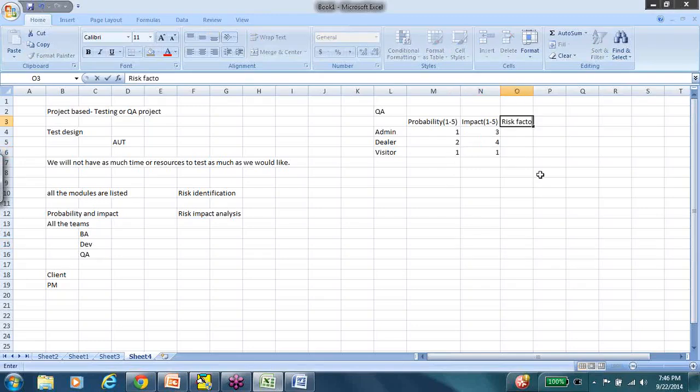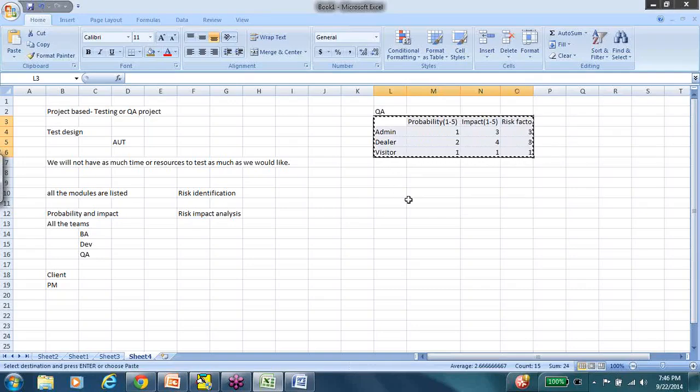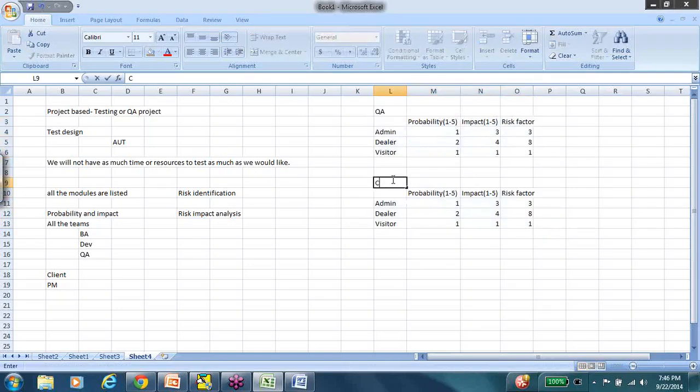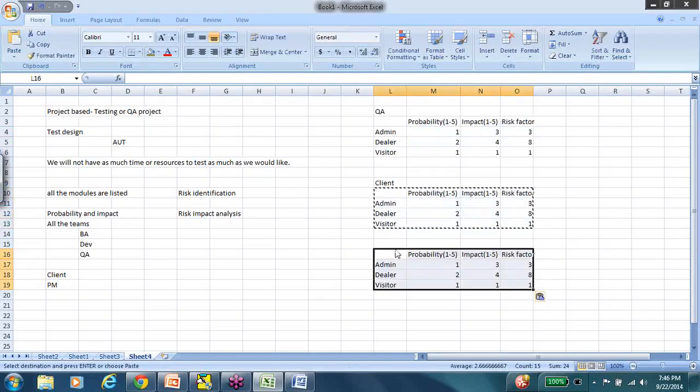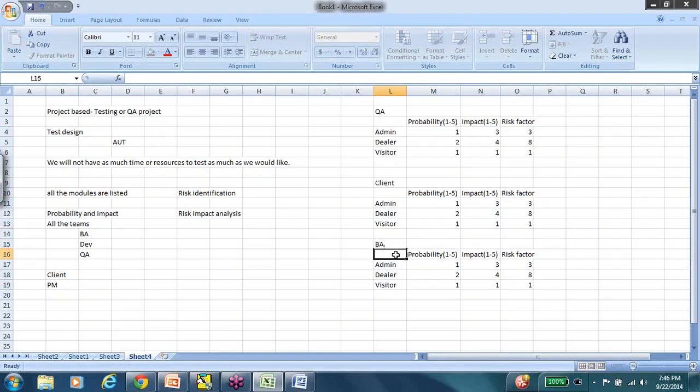Based on that, I would calculate what I call the risk factor. Now, risk factor is just a multiplication of both probability and impact. So this is 3, 8, and 1. Similarly, I would have 5 tables like this: from the client, from the business analyst,